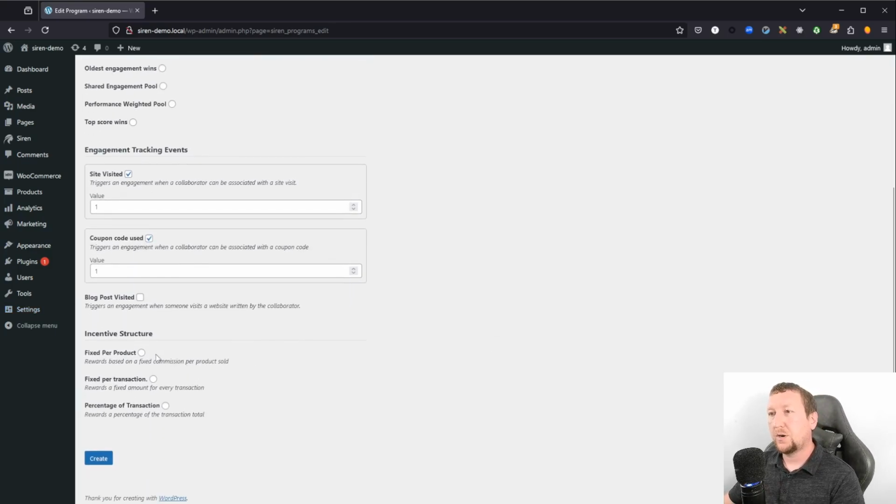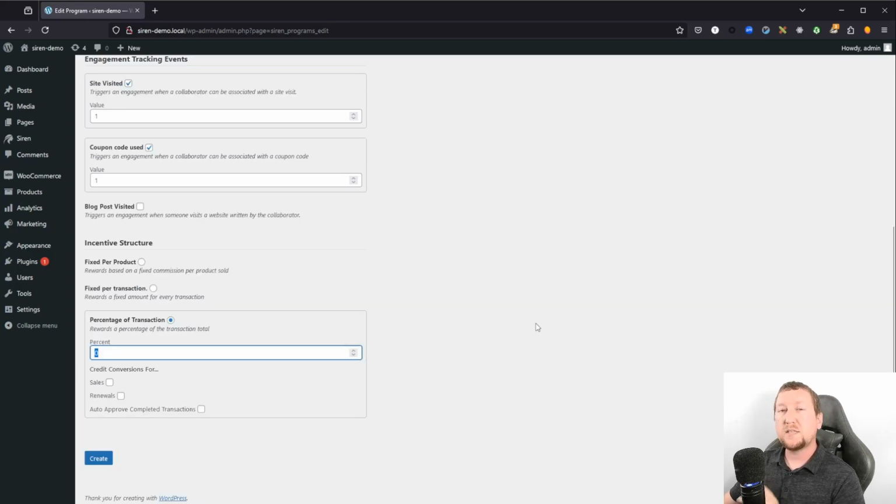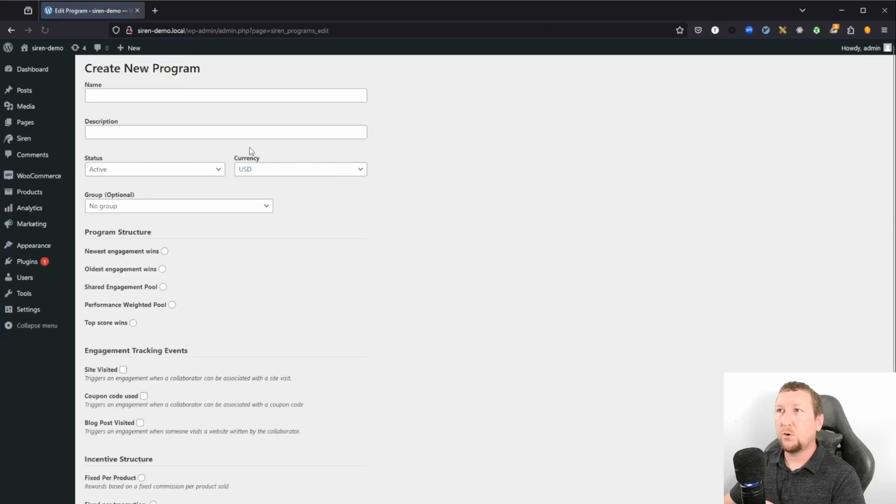So from there, we're going to set the incentive structure to percentage of transaction, and we're going to set the percentage of this to 20%. And we're going to credit for sales only. We're not crediting for renewals, only sales. So what this is going to do is it's going to pay the affiliates 20% whenever that sale is done. So we'll go ahead and click Create, and then we'll add a new program again, and we're going to do